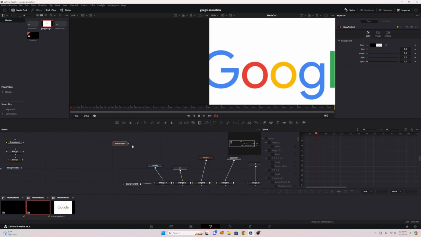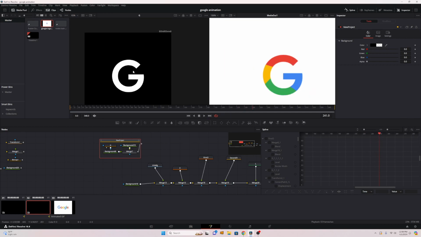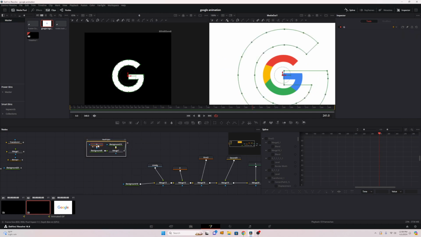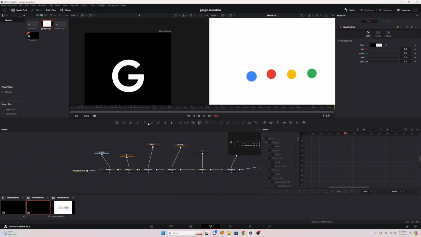I also did that for the big G right here. Later in the scene, it's a big G. Right now we don't have it here, and it doesn't seem useful since I'm not making a big G. However, it will be useful in a few moments. Okay, so let's go through the process of making one of these letters turn into a circle,